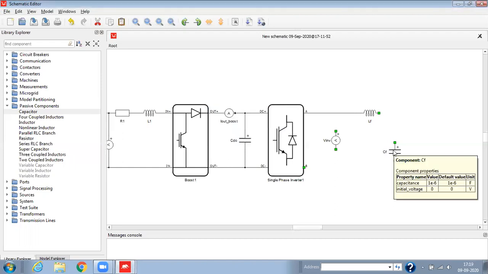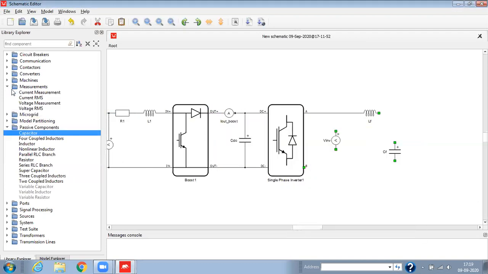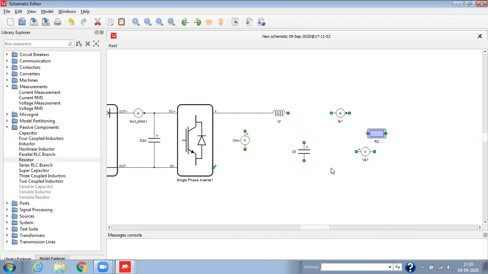Now we'll drag current and voltage measurement at the output of this filter. Now we'll drag one load resistor. We'll take a passive load, so for that we'll drag a resistor. Now we'll rotate it.